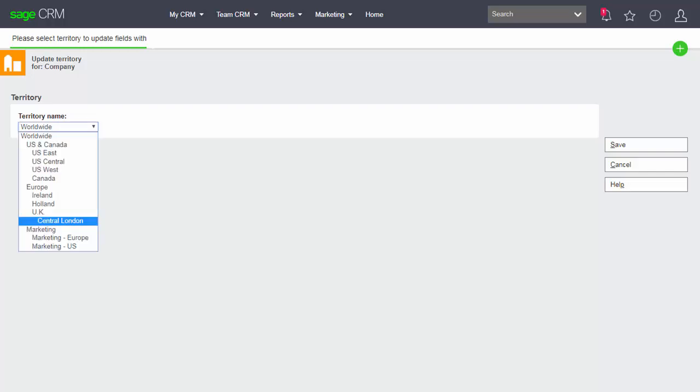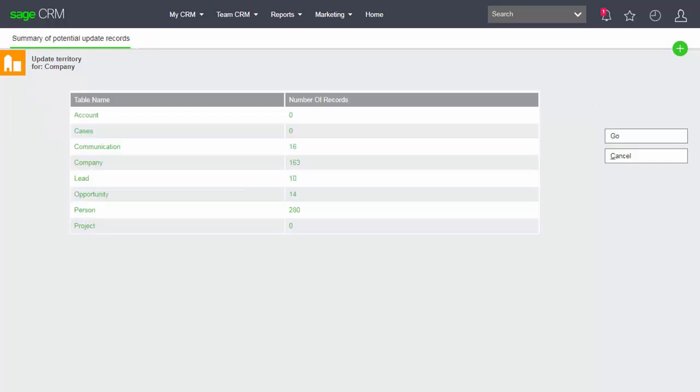We select the Central London territory and we can then choose Save, and the data will then tell us that the records will be changed. And so it indicates how many data, not just the company but all child data, that is being moved. This potentially could take a little while depending on the amount of data that is needing to be updated by the different SQL statements. So once the data has been updated, we can continue, and we would now be able